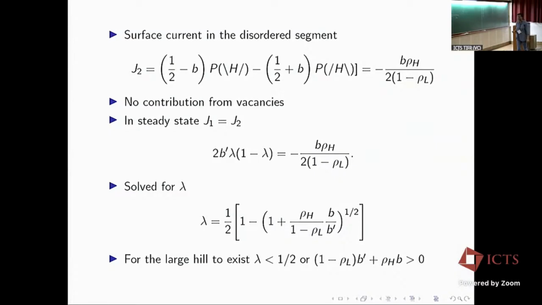And in steady state, both these currents must match. So when we do that, we find a quadratic equation of lambda. We can solve that, and this is the solution. Now for the large hill to exist, lambda should be less than half. That is, this part should be positive. So this gives me the equation for the phase boundary of this FPPS phase. Okay, so